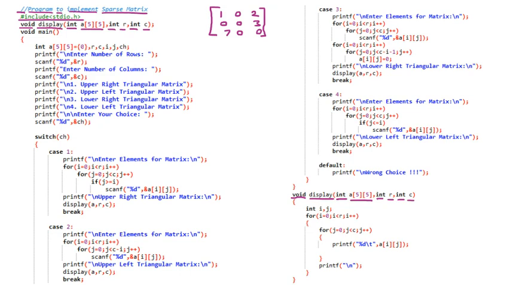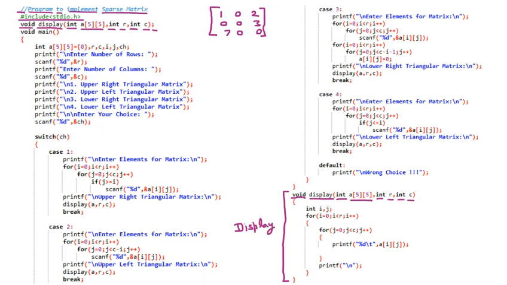So this is the display function. The semicolon means this is the prototype. Prototype means we are declaring that in this complete program there will be the definition of some function. So here is the function. First we are going to see what this function is doing. This complete function is for display, meaning if you want to display something, then this function will work.